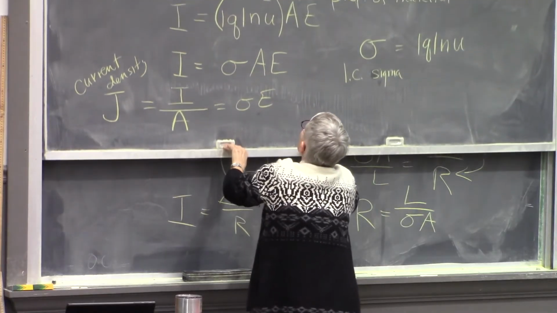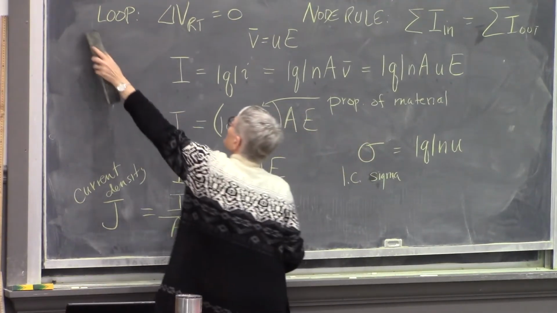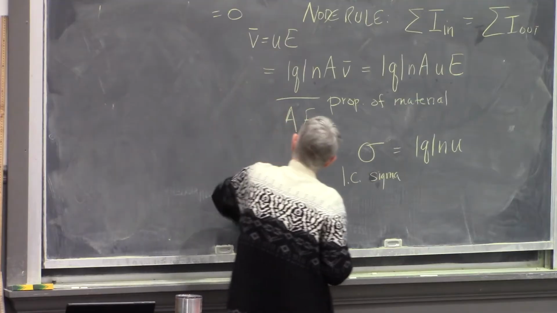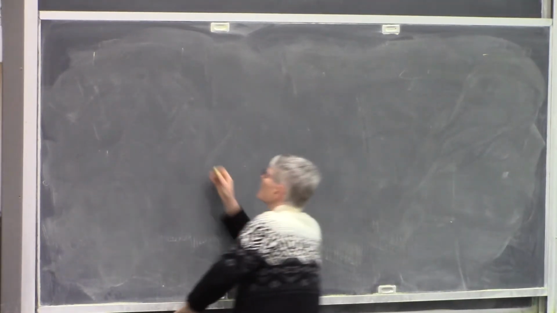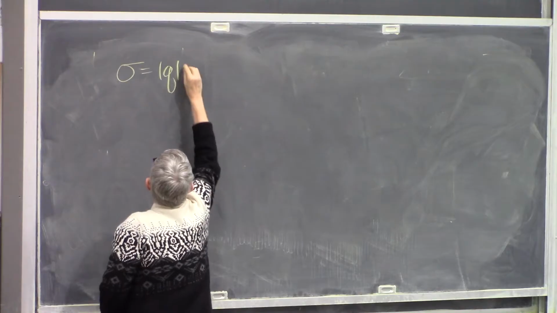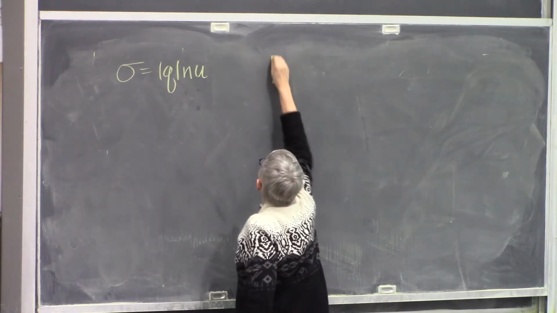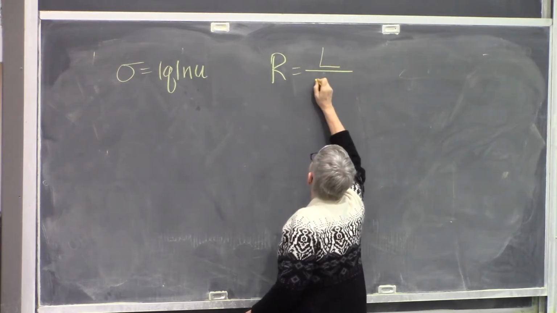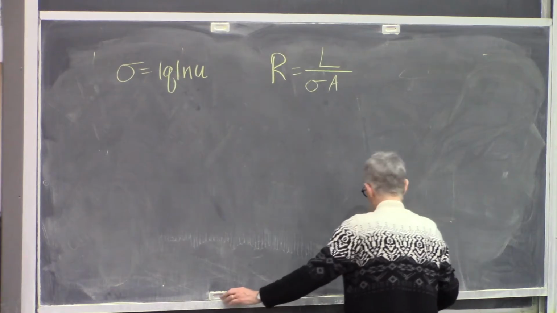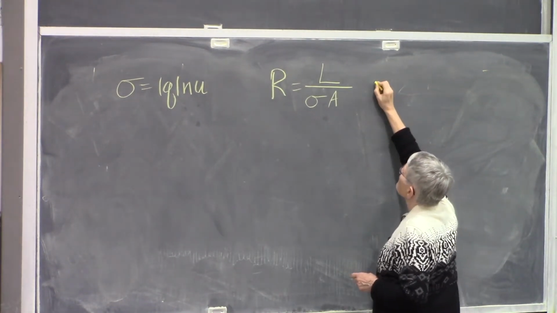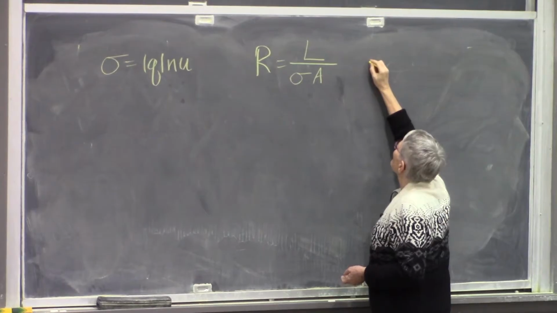So let's just record those two things here. So conductivity is charge times the mobile charge density times charge mobility. Resistance is the length of the object divided by the conductivity times the cross-sectional area. And it has units of, this is a quantity that gets used a lot, so it's got its own unit. Obviously, you could come up with units in the fundamental SI units, but it has units of